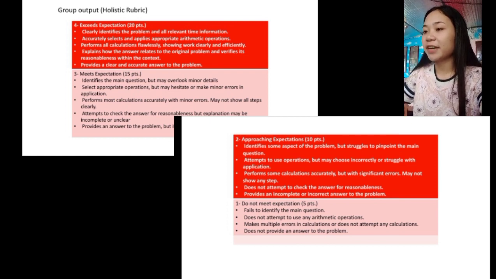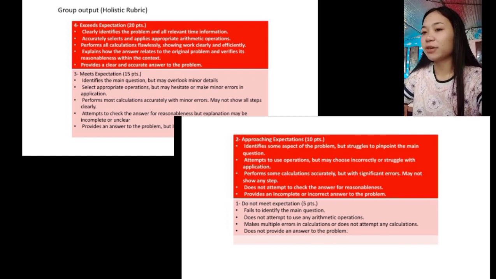If they identify the main question but may overlook minor details, select appropriate operations but may hesitate or make minor errors in application, perform most calculations accurately with minor errors, may not show all steps clearly, and attempt to check the answer for reasonableness but the explanation may be incomplete or unclear,